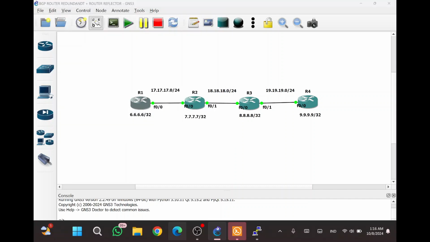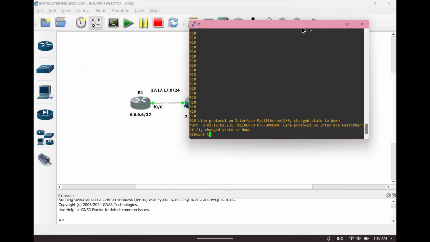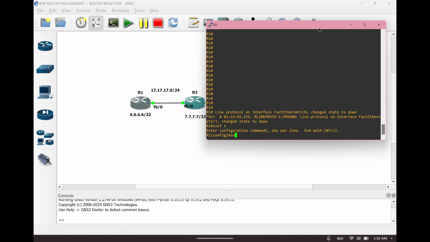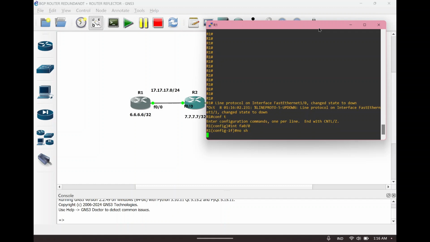Okay, so if you want to enter the terminal, you must type configure terminal.